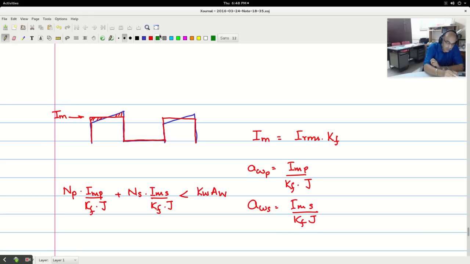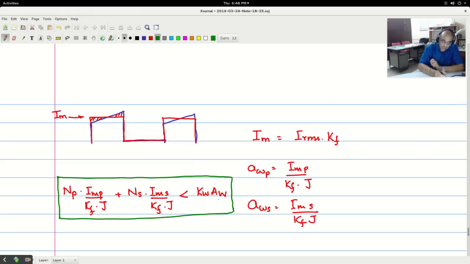Now that is another relationship which relates Aw with the current parameter, Kf J is the current density, and the number of turns. Now these two relationships, one with Aw and the other with AC, the core cross section area, are the core relationships